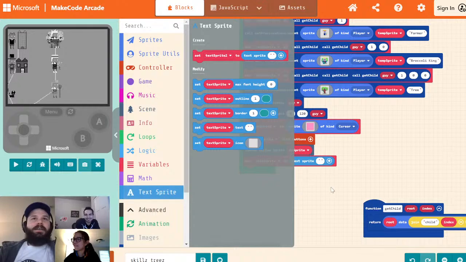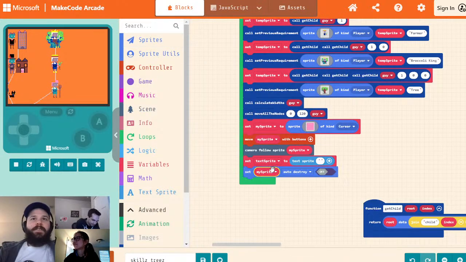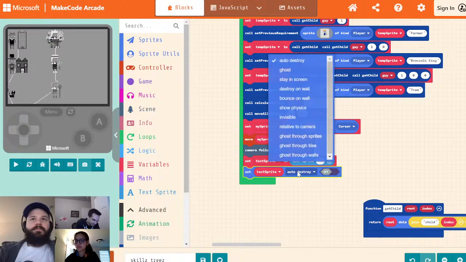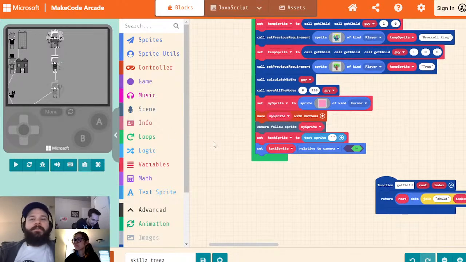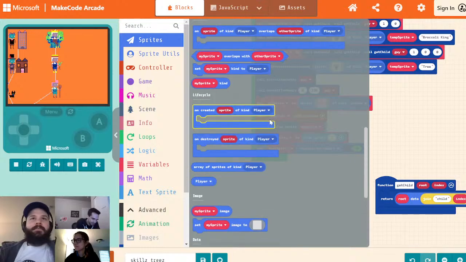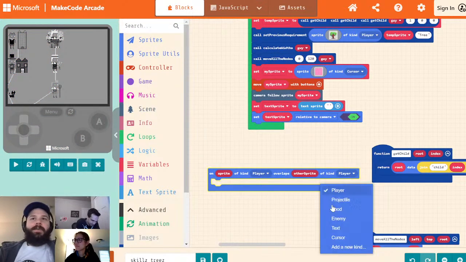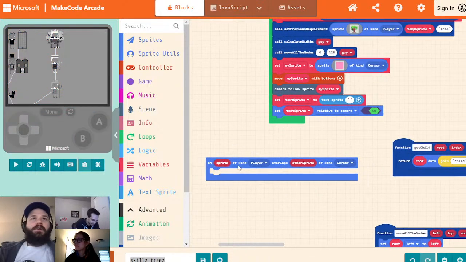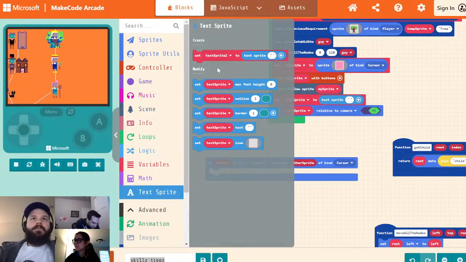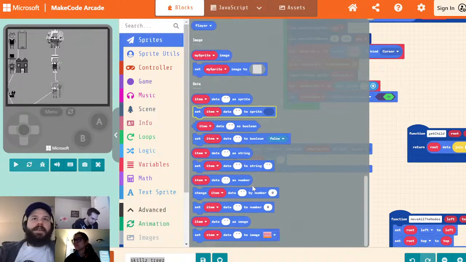I don't know. I don't want to set data. What am I doing? So we want to do this text sprite. We want to set the relative to camera to be on this guy. Relative to camera on. This will make it so it doesn't move around while we're moving around. And now we're going to do an on overlaps. And we're going to do on sprite of kind player overlaps other sprite of kind cursor. Then we are going to set the text sprite text to whatever it is. So to set the text of our text sprite to be get data as string